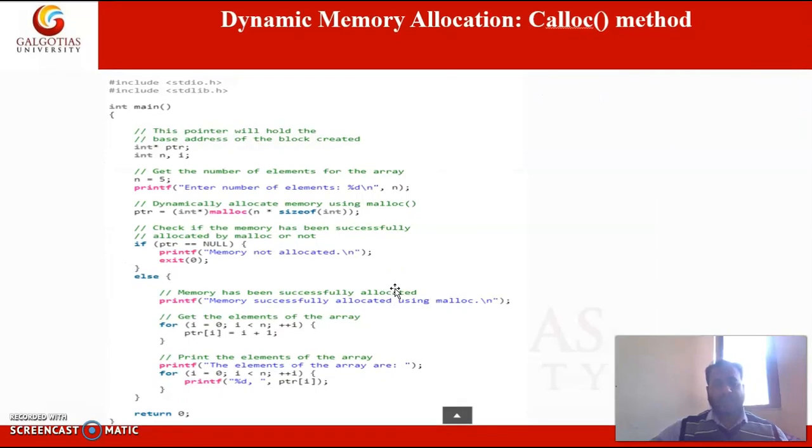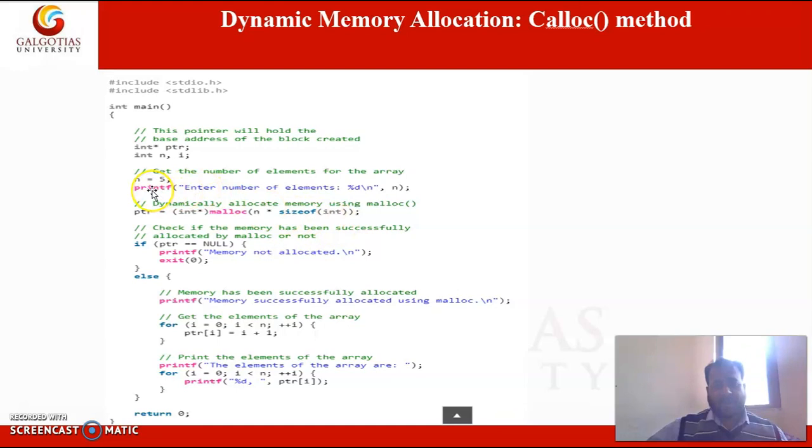This is the example for memory allocation. We will not see all the code, only the code that is meaningful to us. Here we have a pointer variable, and n indicates the number of elements of type int.